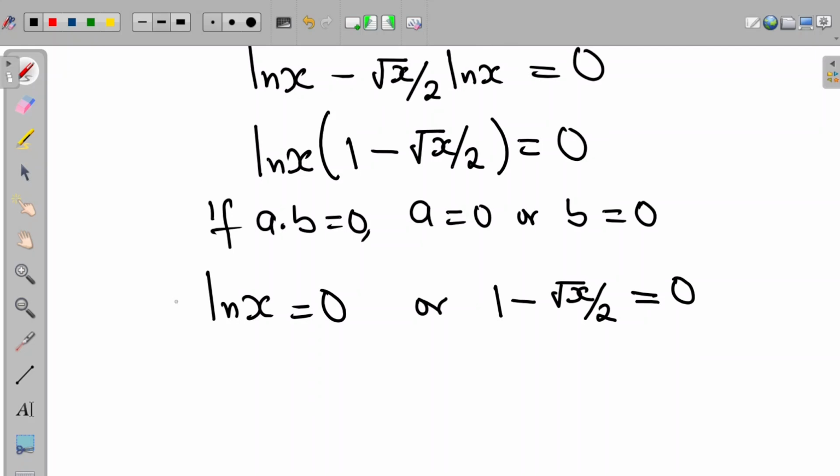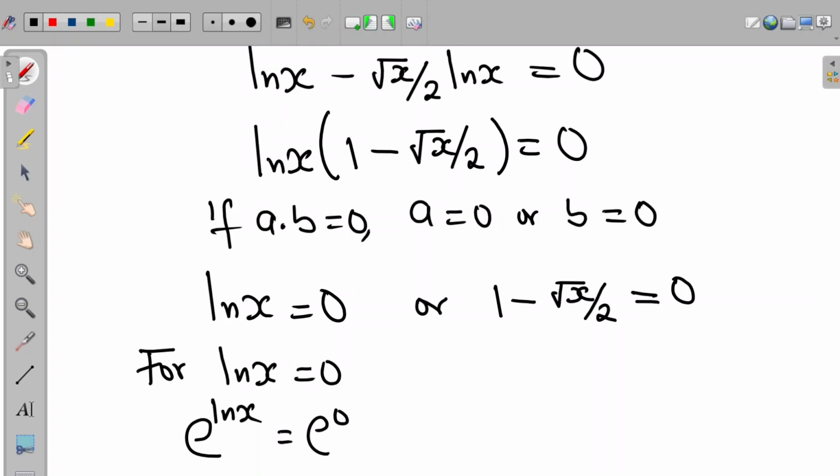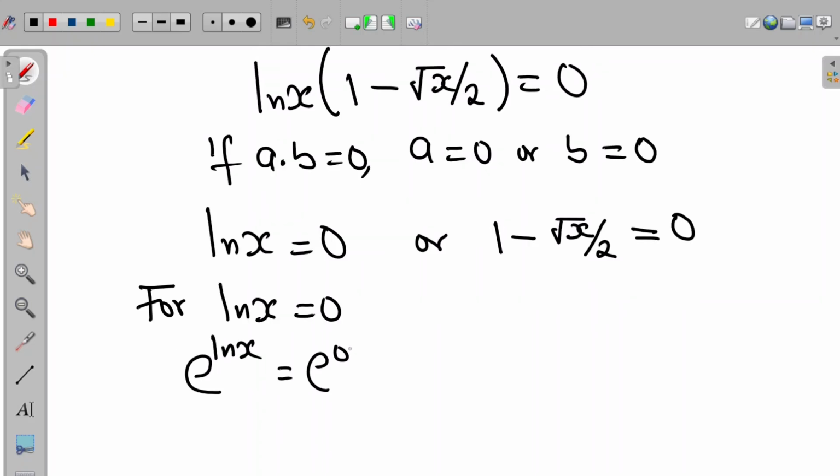So for ln x equal to 0, we can take the inverse log function. So this becomes e raised to the power of ln x equal to e raised to the power of 0. So therefore, at this point, x is equal to 1. Also,